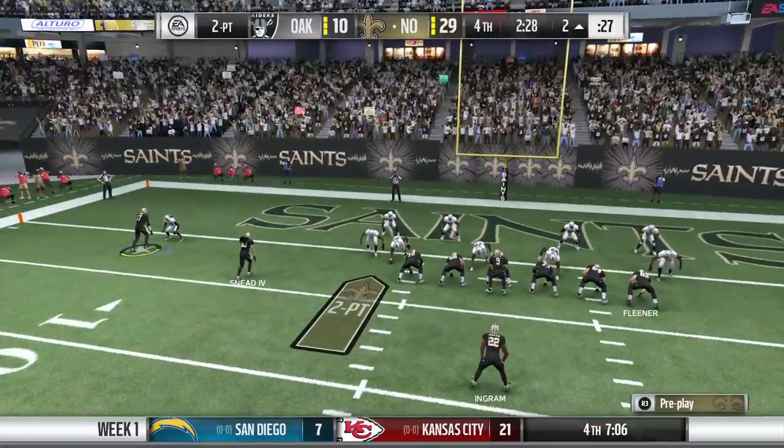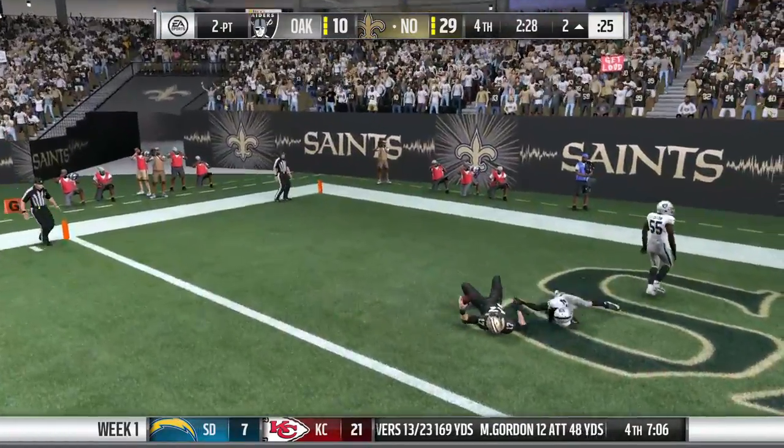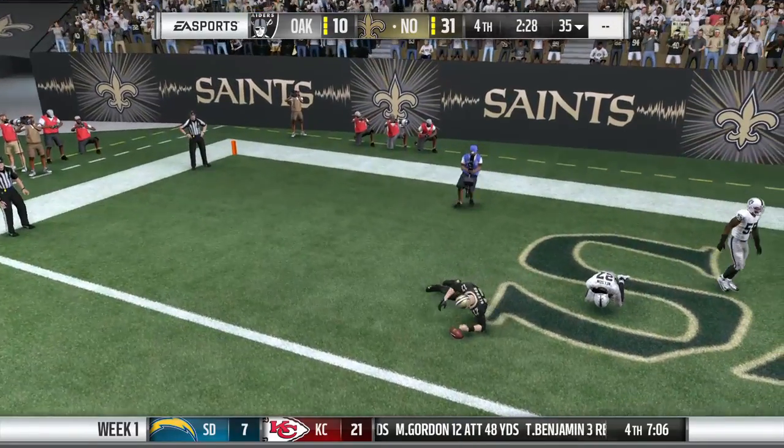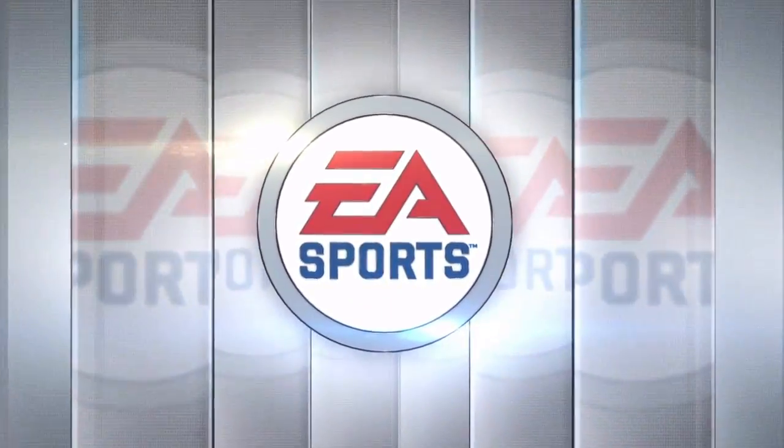Boy, it's nice to have that big, reliable target you can go to. Each and every time. A lot of people see that position as a fallback. Throw it to them when all else fails. Not at all. This guy can make plays, and that's exactly what he...